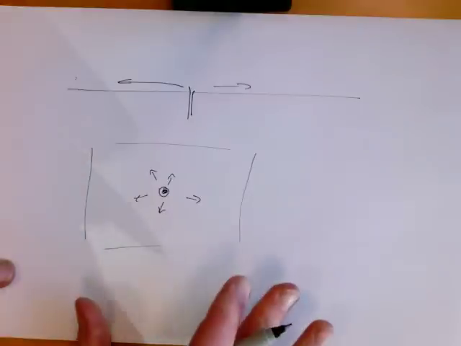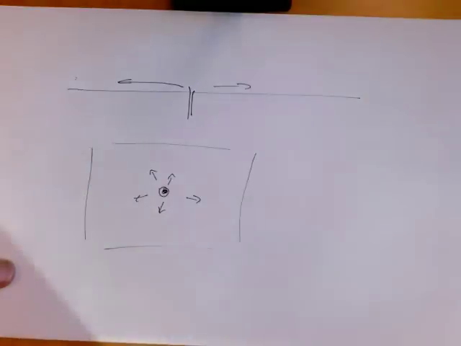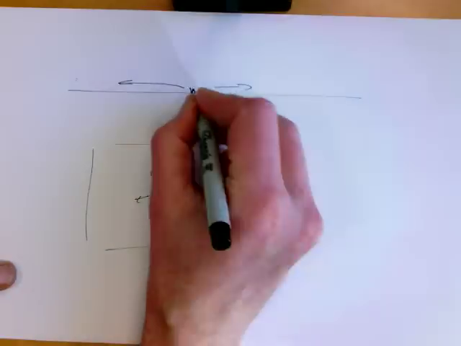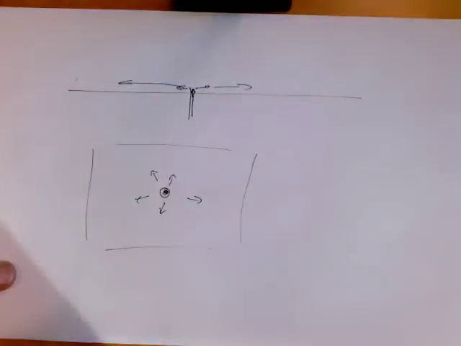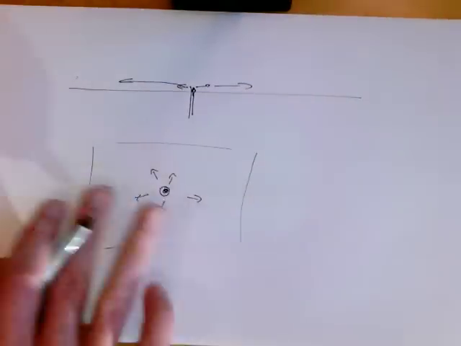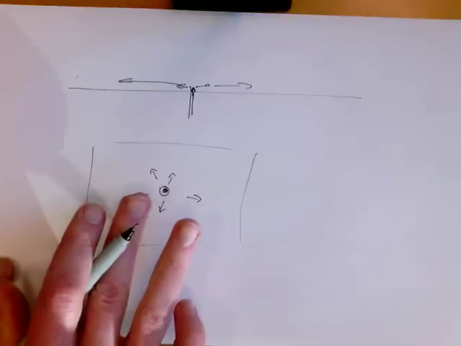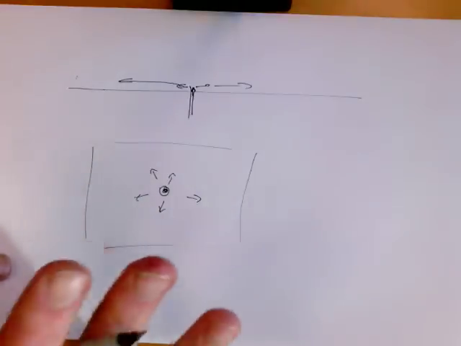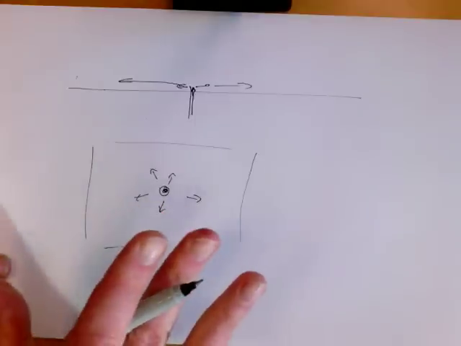If I were to look at it in 3 dimensions, I would say no, there's not more water coming in than going out, because in 3 dimensions I can see I've got water coming in this way and going out that way. So when I look at it just in a 2-dimensional space, it would make sense for me to say there actually is a divergence of water at that point.